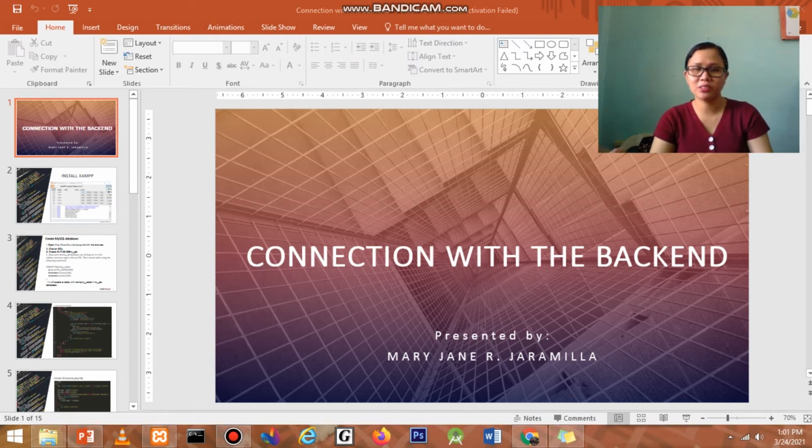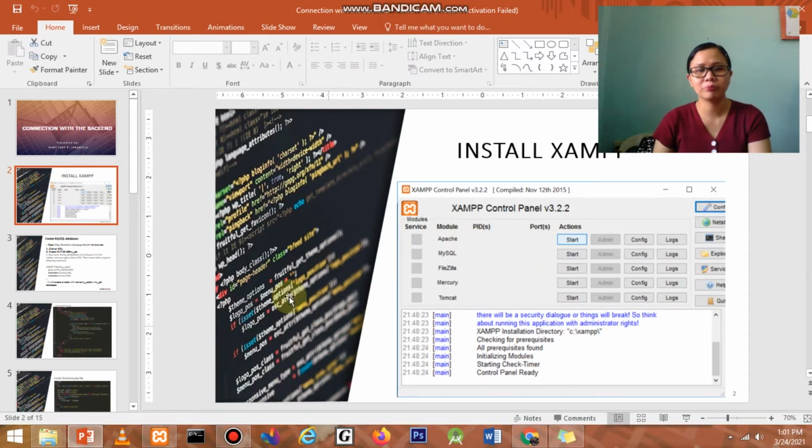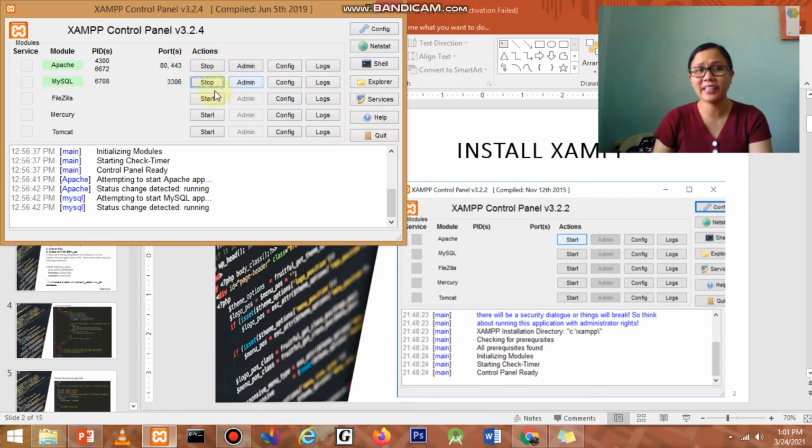Now, today I'll be explaining to you the connection with the backend. So, paano nga ba i-connect yung Ajax natin yung HTML file natin sa ating database through the use of Ajax. So, first, make sure that XAMPP is already installed in your laptop. And then, syempre, paganahin mo na siya. And then, after that,